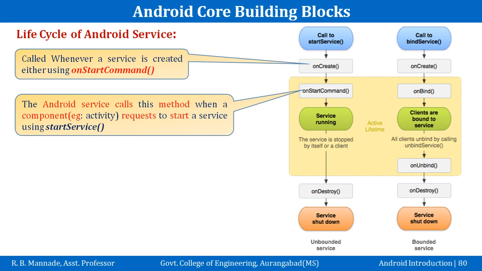The next function is onStartCommand. So the Android service calls this method when a component like an activity requests to start that particular service using the startService method, right? So whenever a particular activity wants to start one particular service, it will call this main method, which is startService, and this method will call onStartCommand, and then it will call the onCreate command, right? Once the onStartCommand